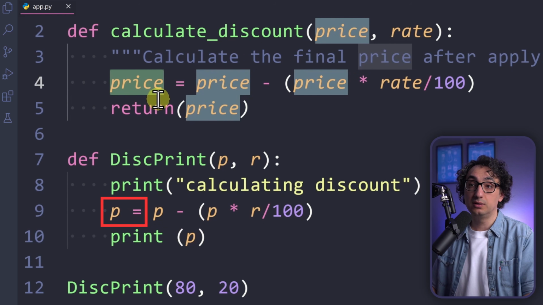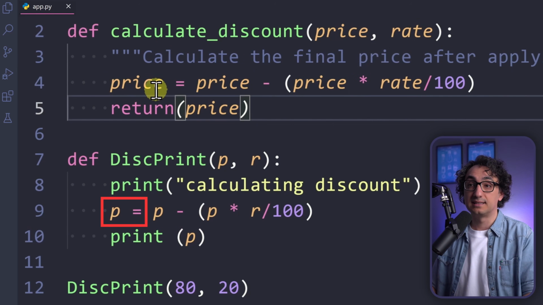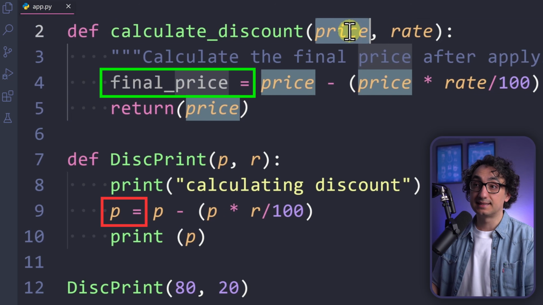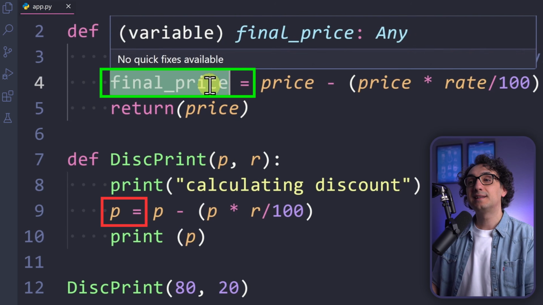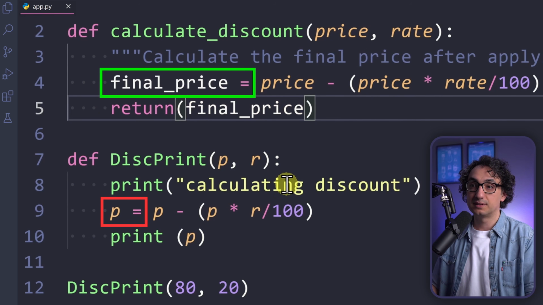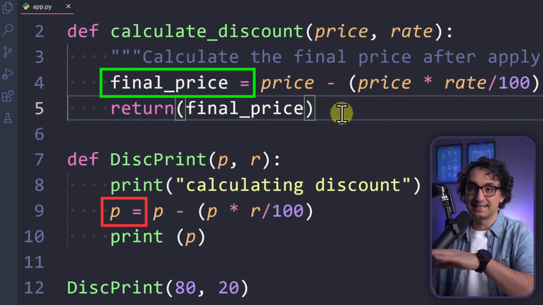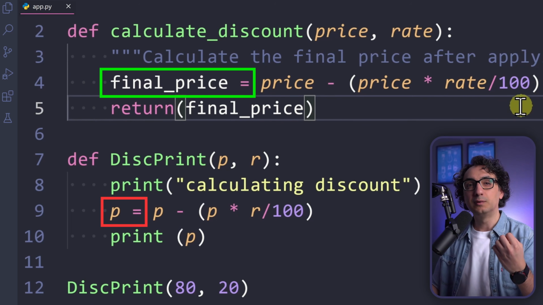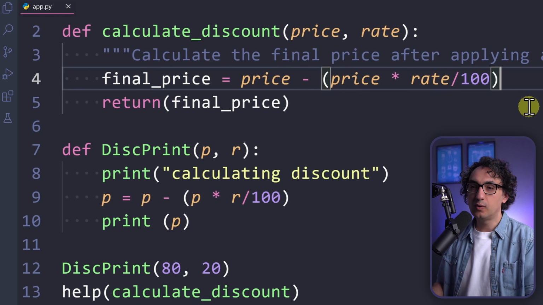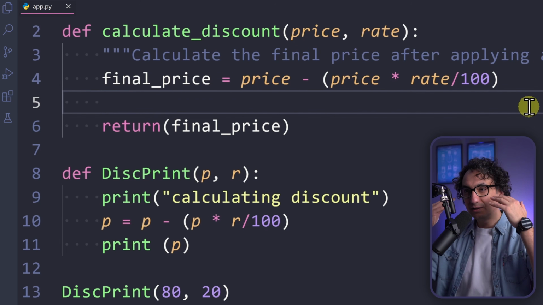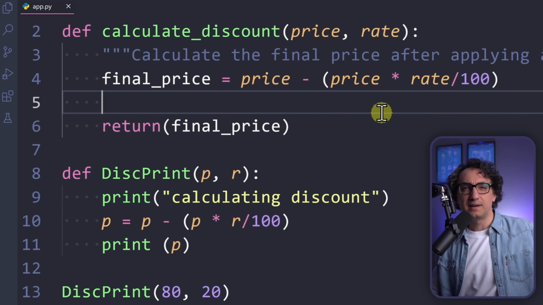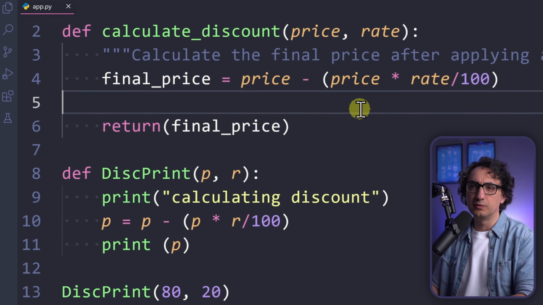Instead, we introduce a new local variable. So now instead of saying price is equal, I'm gonna say final price. That means the original price stays inside the parameter and the modified one is inside a local variable. So with that, I don't lose my values. And now I'm going to return, of course, the final price. At the end, I'm going to get exactly the same result. It's just a clean way of working inside the function. Because as things get more complicated, you might start adding more steps and it will no longer be clear: are we using the original price from the input or is it modified? So just make it clean and introduce a new variable. It will not be bad.